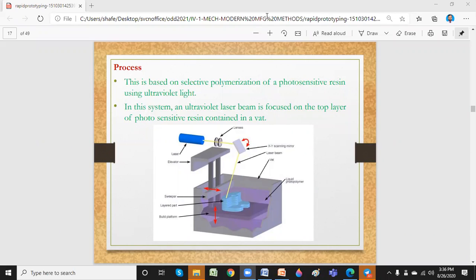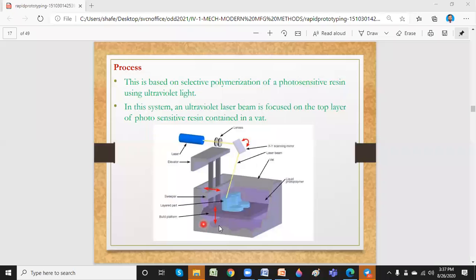Now we see here the laser, the blue one, which is being produced and diverted to a vat of liquid. This is the model you are going to produce, and this is the pool of liquid, which is a liquid polymer. You can see on the right side a liquid polymer, and the vat supports this polymer, and the layer is made, and the platform goes down.